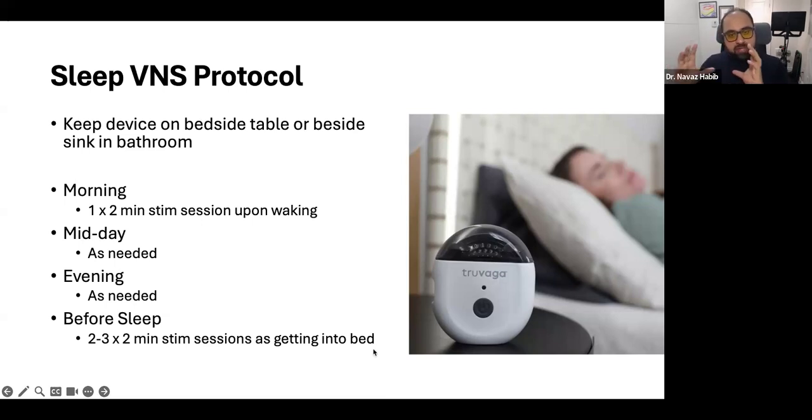So really helping to turn the vagus nerve on as they're entering that state of getting to sleep. This is also very effective for people that are doing shift work. Shift workers love utilizing this to help to get them into that regulated sleep pattern, and also phenomenal for jet lag. And I know because I travel quite a bit and I use mine when I'm traveling